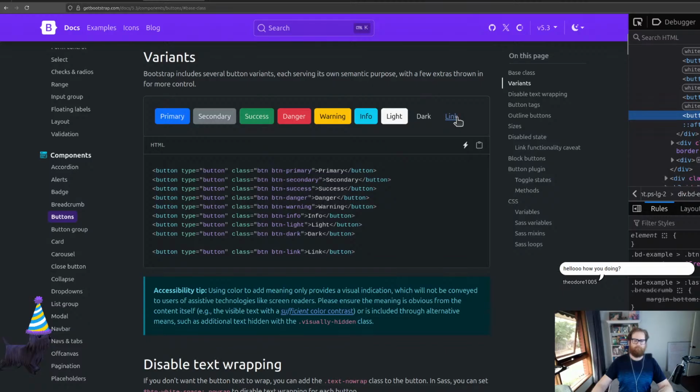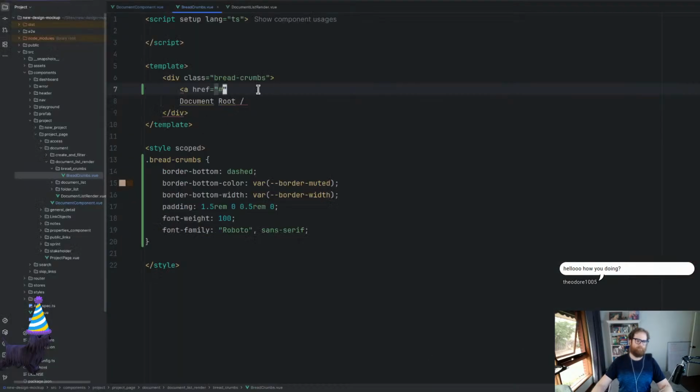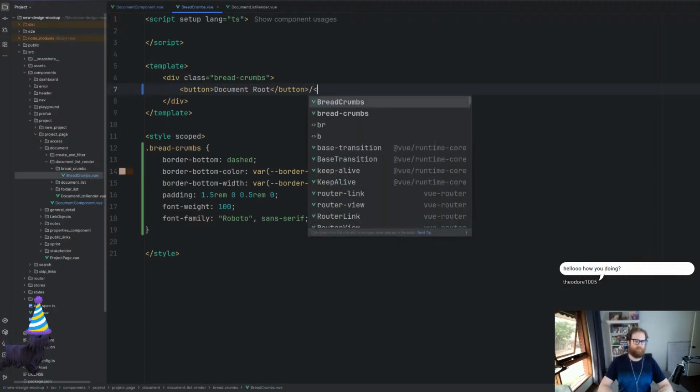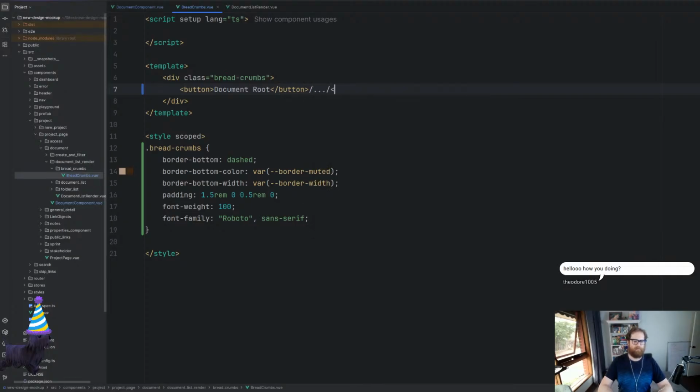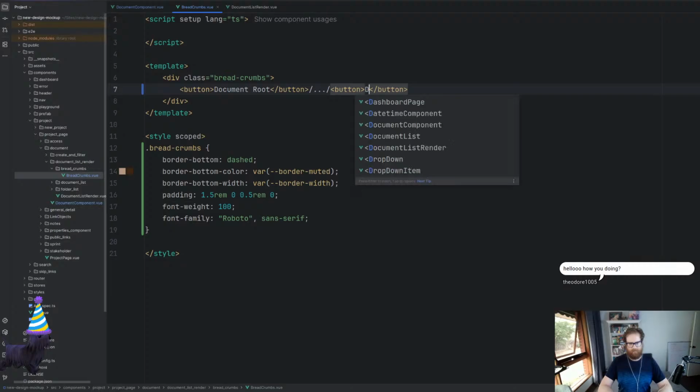We kind of want to do something like that. Give me a couple of seconds. I'm just playing around with something very, very quickly. We do the ellipsis, and then we just go another button, and then we go something like design